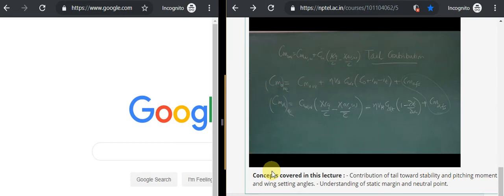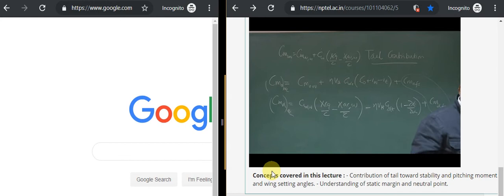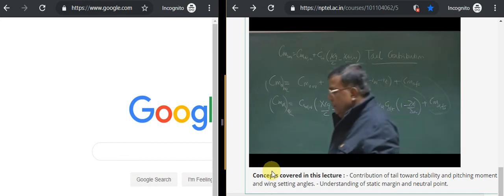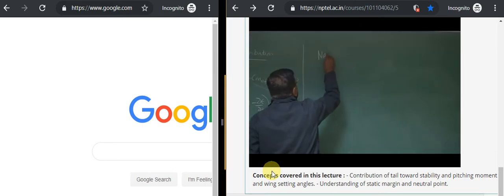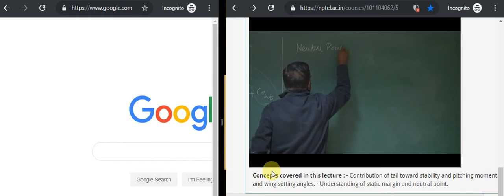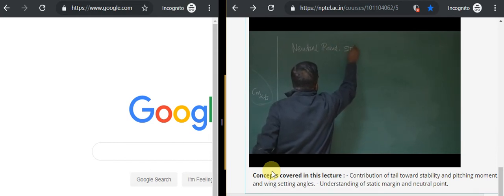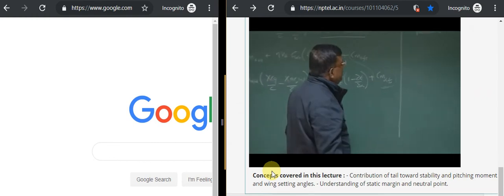Now, the next question comes. It's all about the application then. You just have to change one thing to increase or decrease, so that you get the result. Neutral point, obviously, we analyze using this expression. We generally call it stick fixed. Soon you will realize that stick fixed means we are not allowing the elevator to float. What is neutral point? Neutral point, stick fixed is that